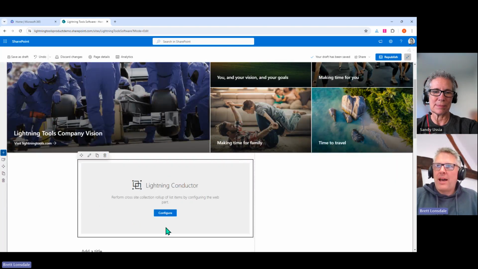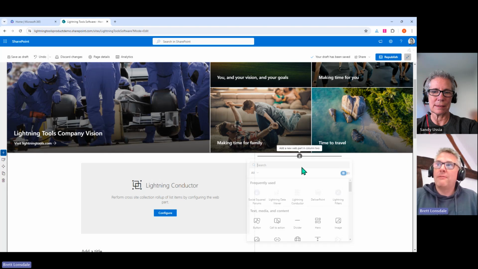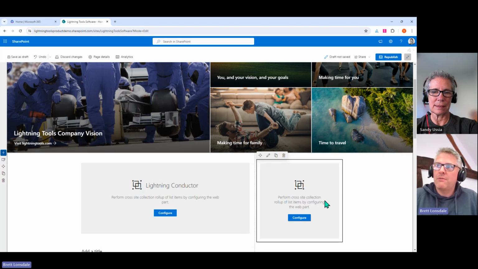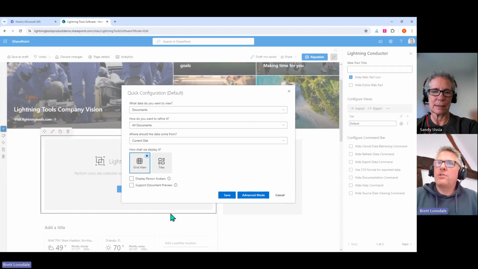So we've got the web part added there, and I'm actually going to add it twice, in fact. So we'll have two instances of that Lightning Conductor, and the reason I'm doing that is to show you the two different types of views that we can get at. Now, if you're familiar with the Lightning Conductor already, you'll know that you've got the quick configuration and you've also